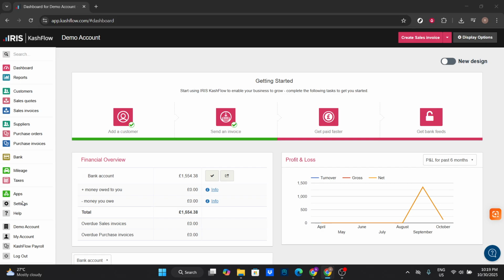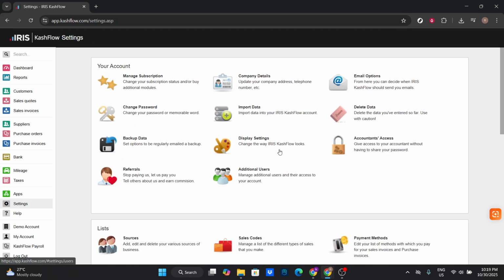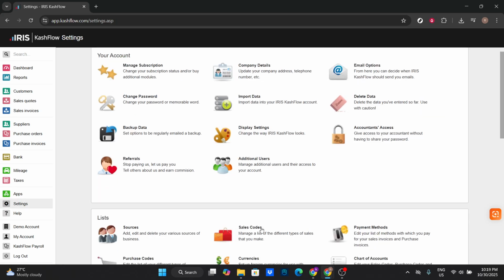Once you're in Settings, you'll want to find and click on Sales Codes. This is where you manage all the income or cost categories used in your accounting. It might seem a bit overwhelming at first, but don't worry, every option here plays a role in your financial management. After clicking Sales Codes, you'll be directed to a list of existing codes, but since we are adding a